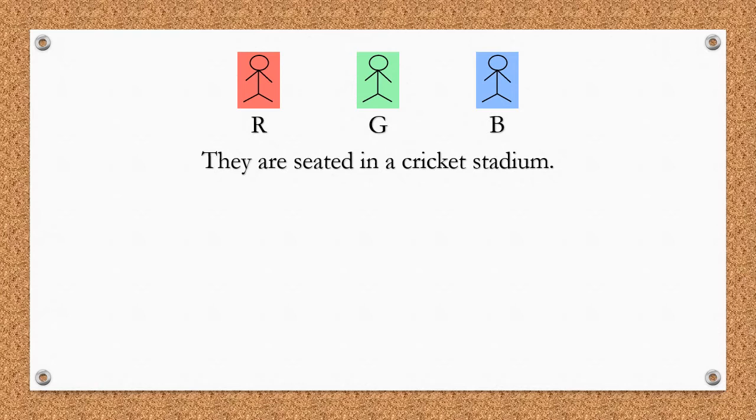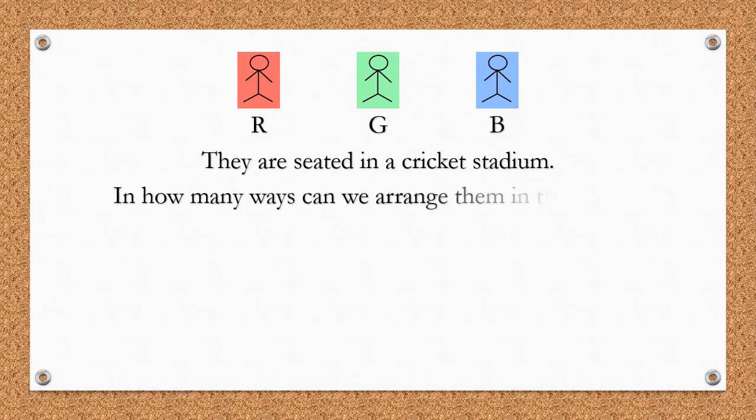Now, I have a simple question: if I want to arrange them among themselves, for example, let's say green comes first, then red, and then blue, that is also one kind of arrangement. So when I try to arrange these three people in their places, in how many ways can I arrange them? I want to know the total number of options in which I can arrange them properly.